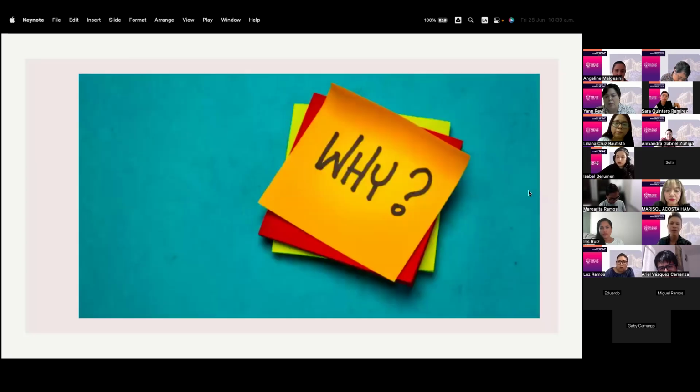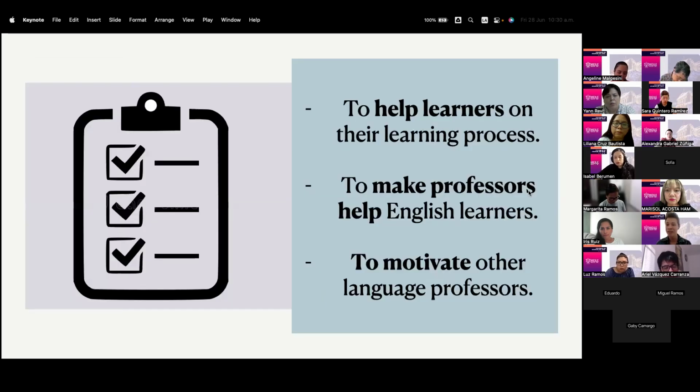Okay, now a lot of people would say, but why? Why do you want to get this project? Why do you want to make this experiment? Well, it's very simple. My main motivation is to help learners on their process, to make students understand more easily